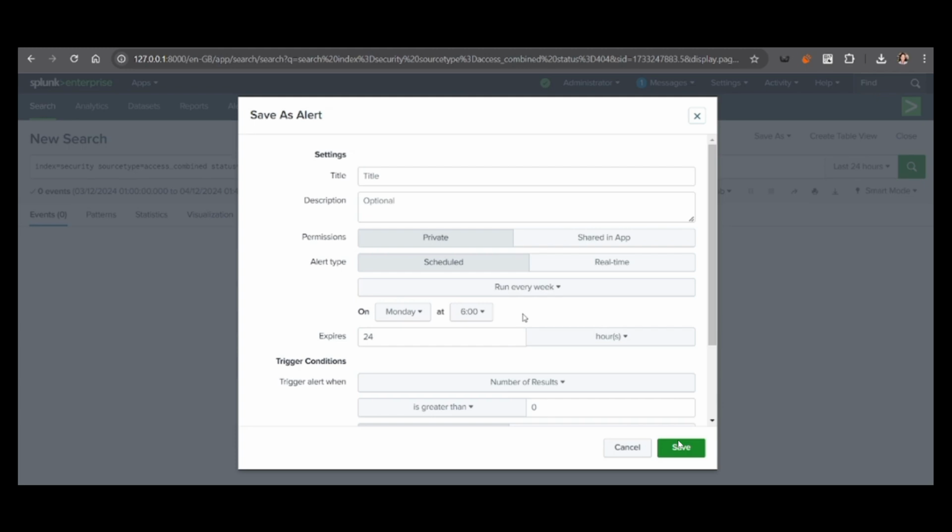And that's it. Creating alerts in Splunk is a powerful way to stay on top of your data and respond